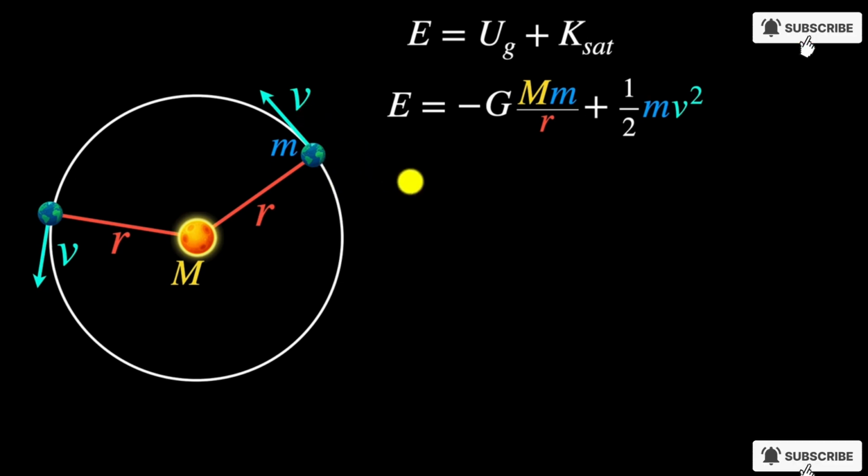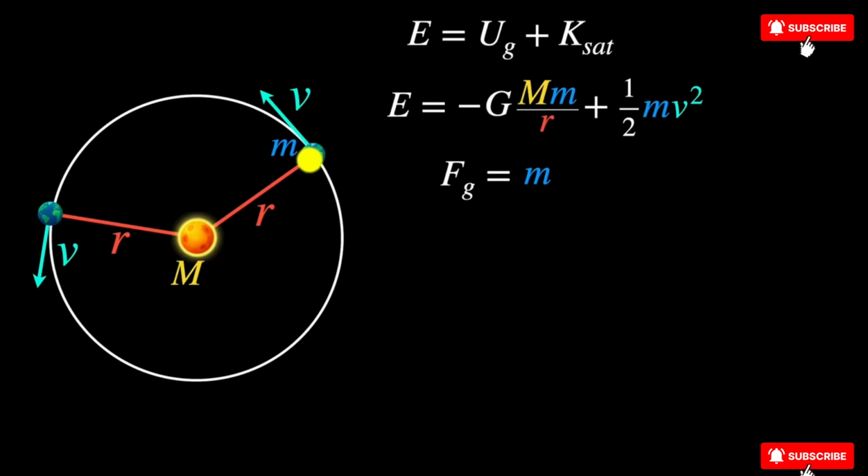Yeah, we can use Newton's second law, which says net force acting on an object equals mass times acceleration. So over here, if you apply Newton's second law on the orbiting object, like the Earth, the net force is just the gravitational force that the sun is exerting on the planet. So that's just Fg. That equals the mass of our Earth, the mass of the orbiting object, times the acceleration. Now, which acceleration are we dealing with over here? If the force is in this direction, acceleration is also in this direction. That is the centripetal acceleration.